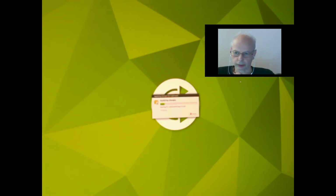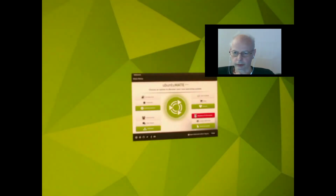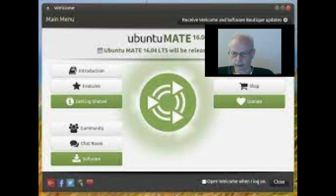Unfortunately, it didn't install correctly the first time. It gave an error, which then forced it to reboot. There you go, there's the error. It just sat there forever. I waited about three quarters of an hour, and then it errored. Then, as you can see, it went to that. It booted, and it gave me the welcome screen, which actually was a welcome sign. I took a look around this, and